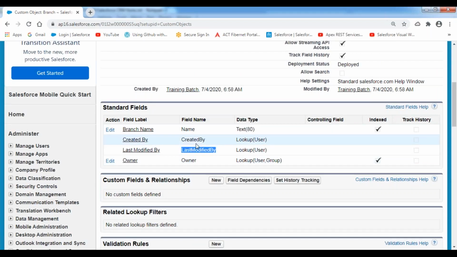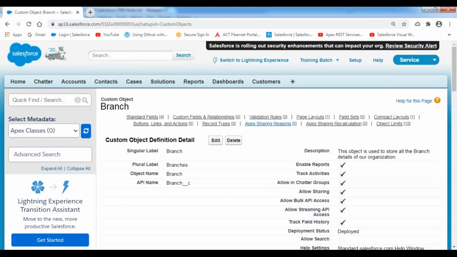These are the 5 columns Salesforce gives by default, but it is not adding any tab over here. The tab will not be created for this object. This is how we can create the objects, depending upon the customer requirement. If the customer wants an object with a tab, then we can go with this by selecting the last checkbox. Sometimes the customer will raise the requirement: